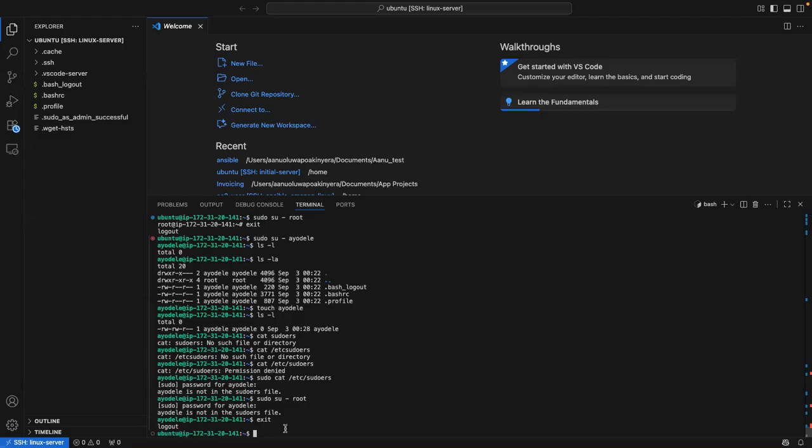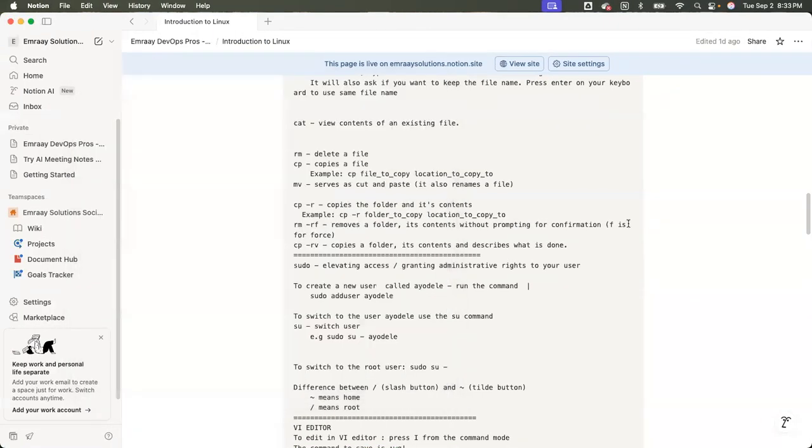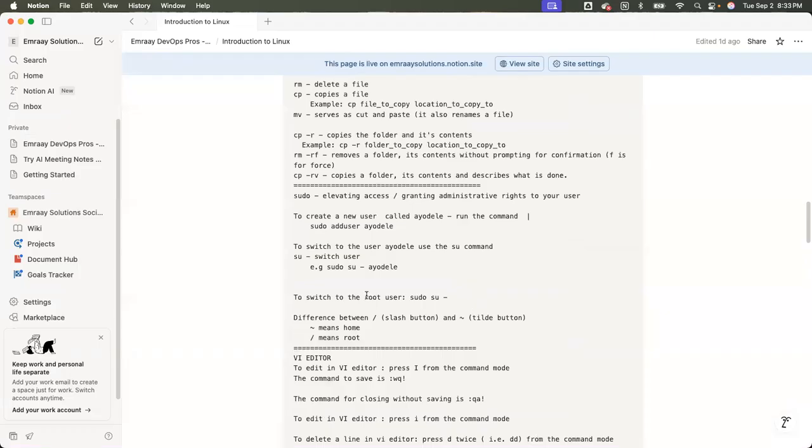Anyways, can we continue? All right, so that's what you can do with the sudo command. Let's go to the next one. Imagine we've already done this, right? And we've already talked about these two earlier. To switch to the root user, you don't need to add root here. Just sudo su is good. Sudo su means I'm switching to become the full admin.